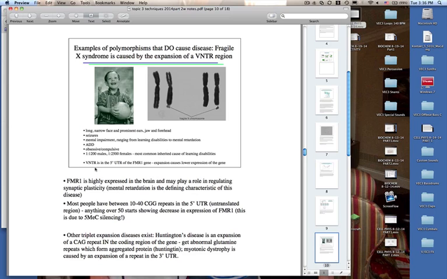There's a certain size that this VNTR has to be in order to get silencing occurring. And it's something like, if I remember correctly, 200 copies. If you get higher than 200 copies, you're going to get silencing occurring. If you're lower than 200 copies, you're not necessarily going to see silencing. So there's a cutoff point where at some point it gets big enough that we start getting